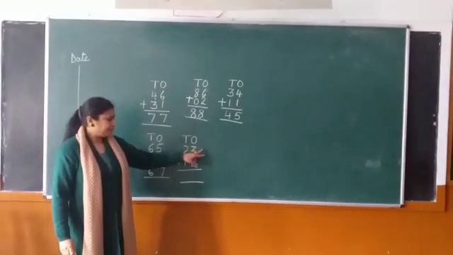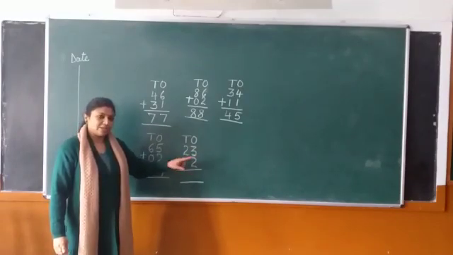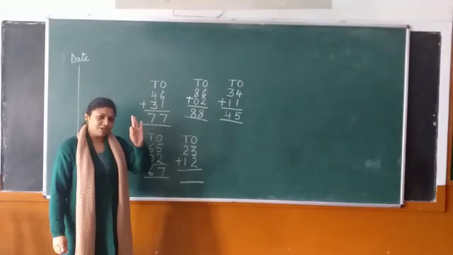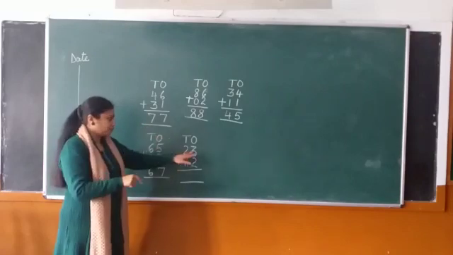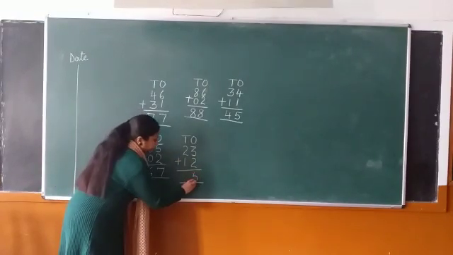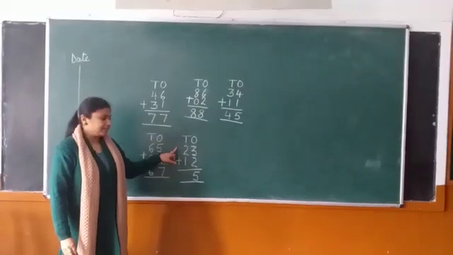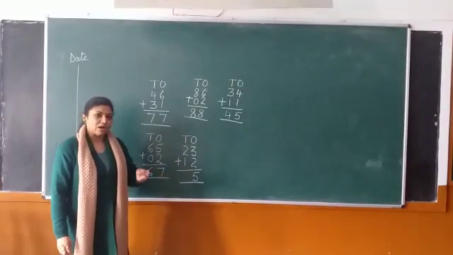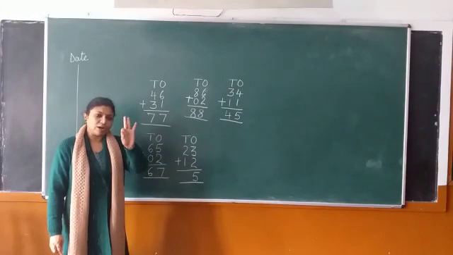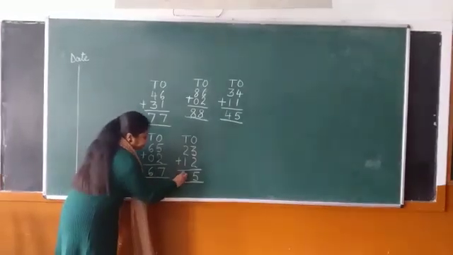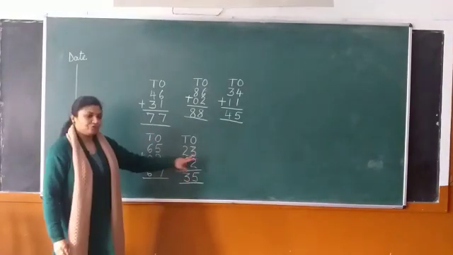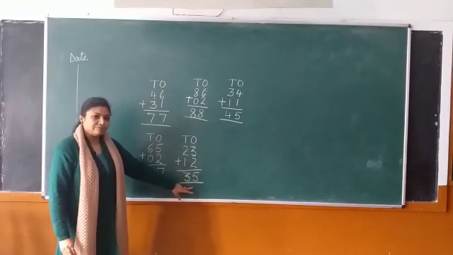Now in the ones place we have 3 plus 2. So let's count 1, 2, 3 and plus 2. 1 and 2. So let's count them together. 1, 2, 3, 4, 5. So 3 plus 2 is 5. And the next number under tens is 2 plus 1. So let's count 1, 2 and 1. Now let's count it together. 1, 2, 3. So 23 plus 12 is 35.